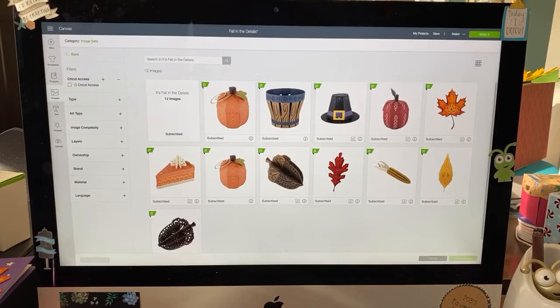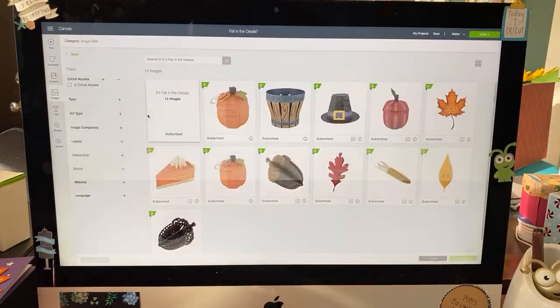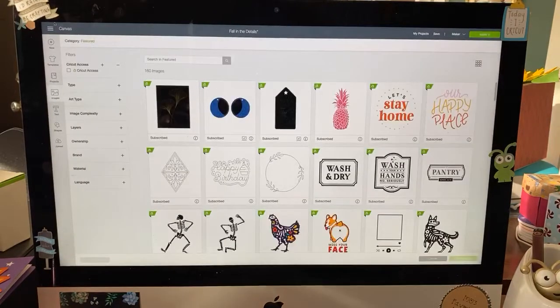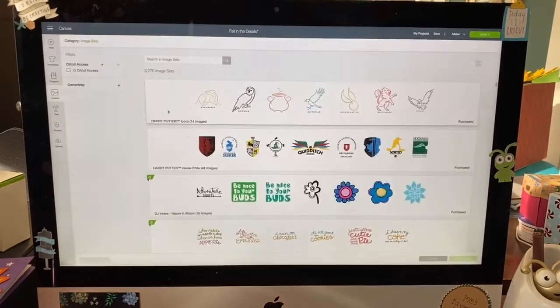So let's go back to the image sets. I don't know why this always does this, but it can never get me to start it over again. Okay, so let's see. We're going to go to image sets, and this one's called